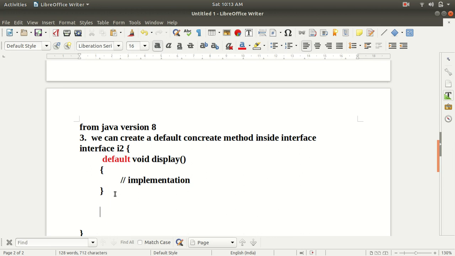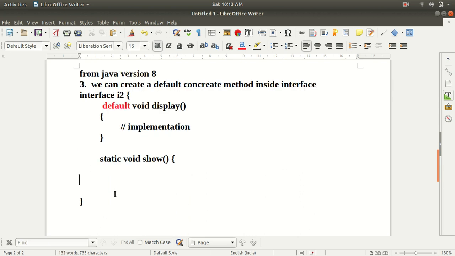Let's say we create a static void method with some name. So inside the interface from the Java version 8 we can create a static method also, and here you can write the implementation part.